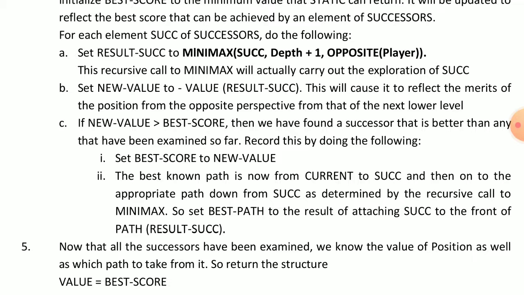So here we can start with the result of successor and we can use the minimum and maximum, and then we go with the successor and add 1 to the depth, and then find out the opposite player. Here, consider one game and then you can easily understand this algorithm.